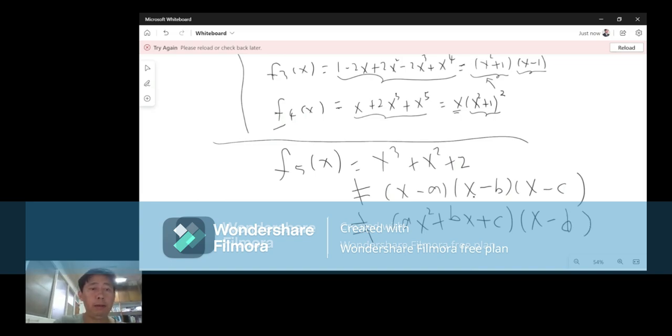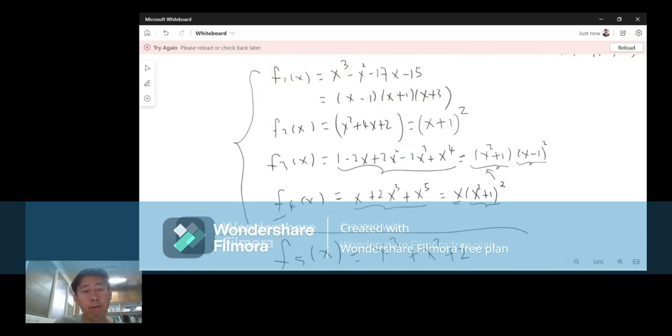In our method of partial fractions, if the denominator function cannot be expressed into the form like functions f1 to f4, in which they can be decomposed into products of linear factors and IQF, then